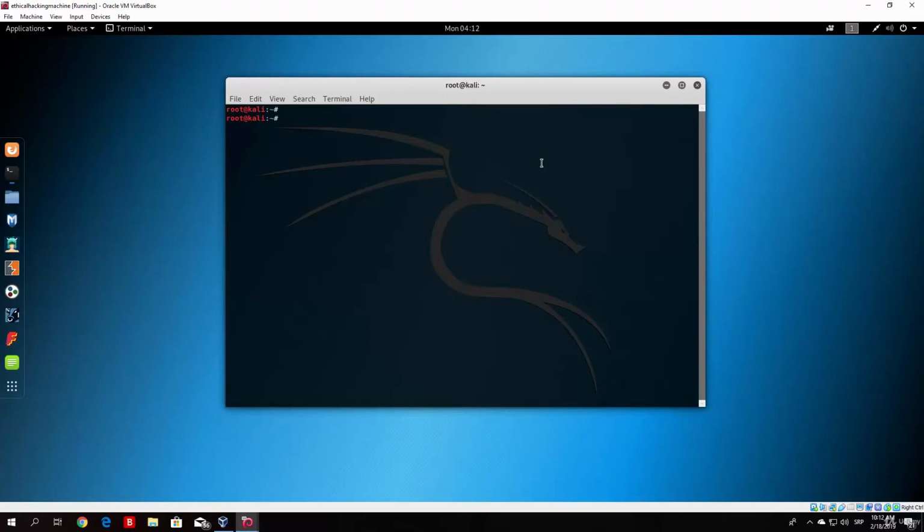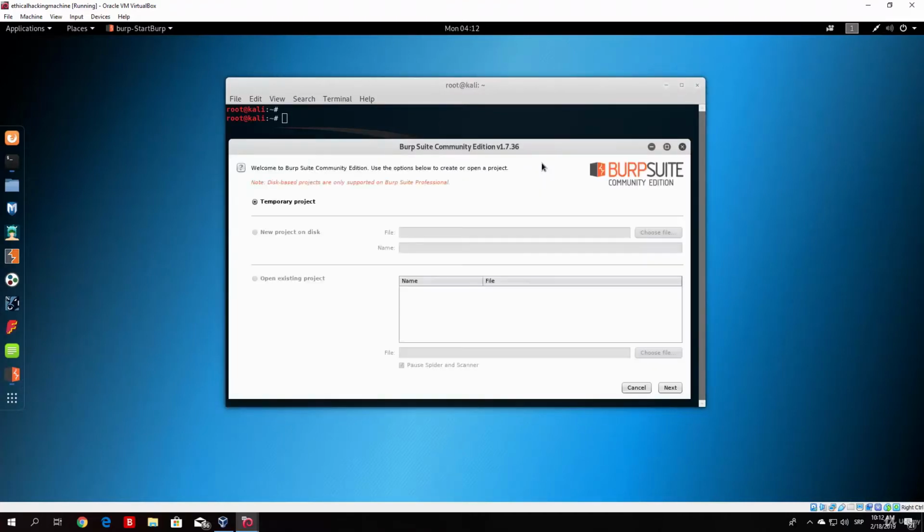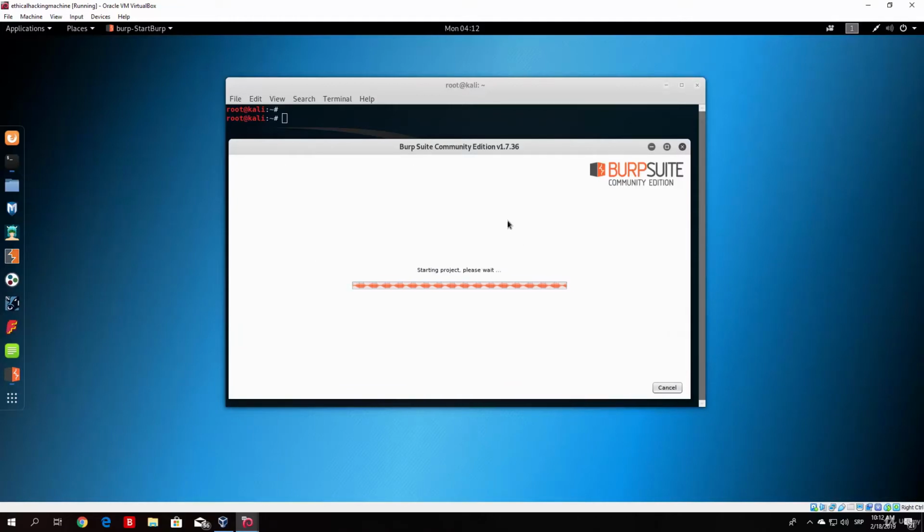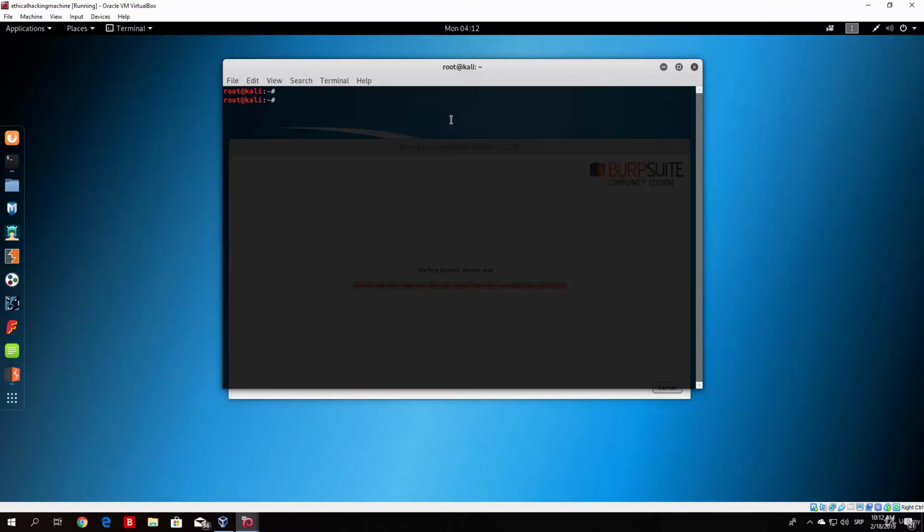Now, I already configured my BurpSuite, so it works for me. Basically I will just show you the process. We will need to configure some things in our Firefox and also some things in BurpSuite in order to capture our packets. So here just click on next, use Burp defaults, click on start Burp, and it should start in a few seconds. Now, what I wanted to say is that you can also run it through a command line